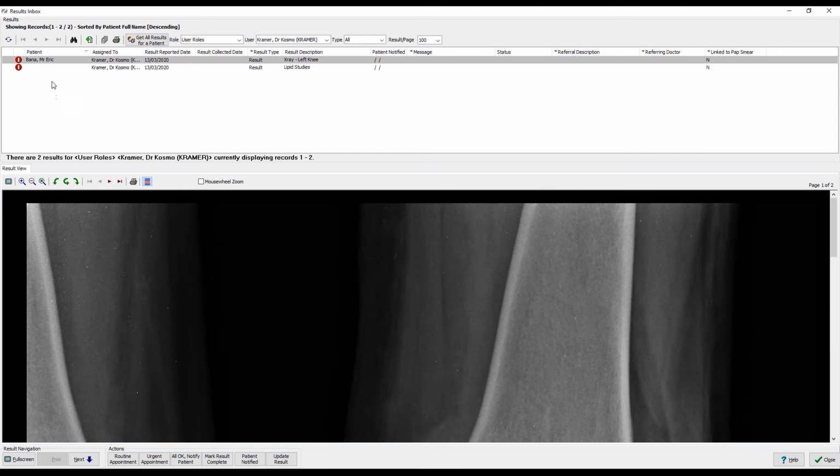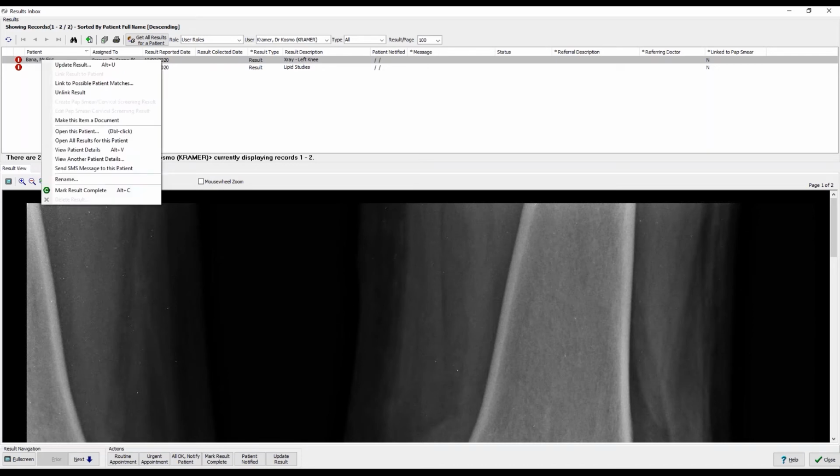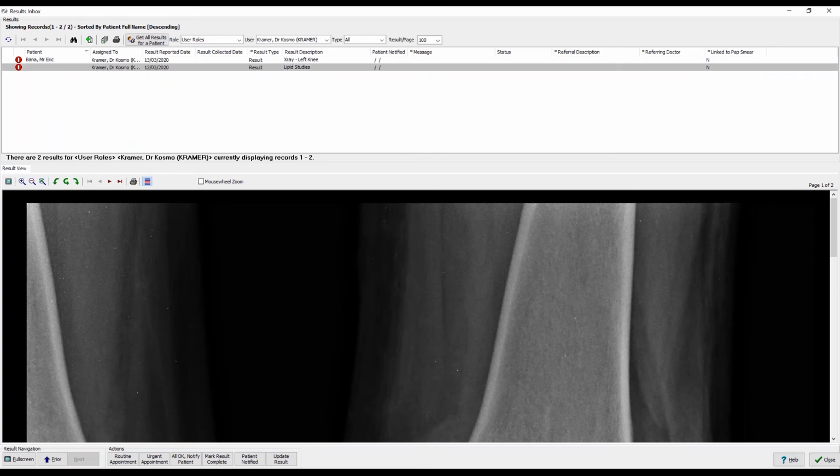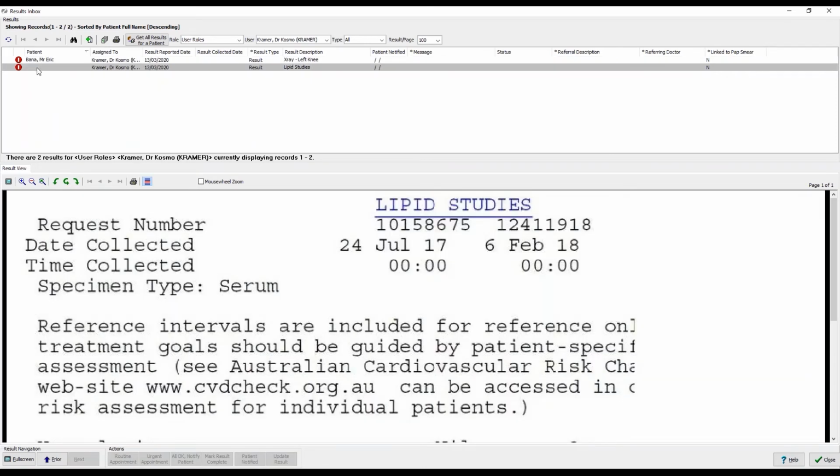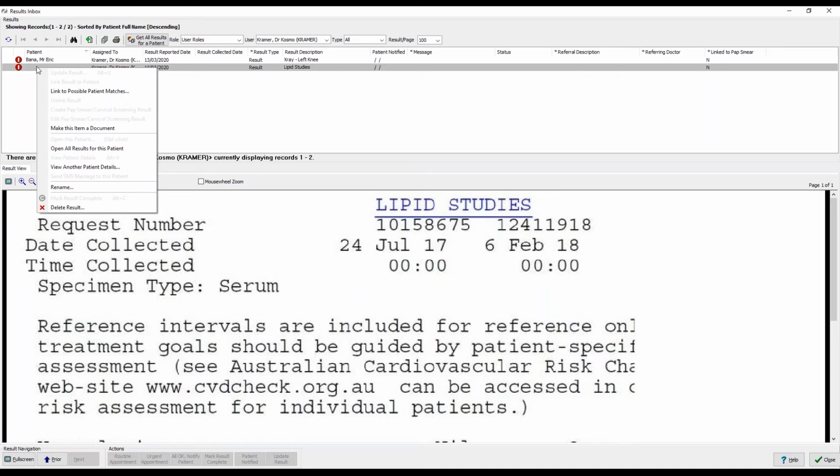If I wanted to unlink a patient or link a patient for that matter, you can see here I've got an unlink result option, and all I need to do is right click on the result to bring up the menu here. Let's have a look at linking a patient to results. I'm going to do my right click again, and it's going to try and do a search or a link for me. So I'm going to say link to possible patient matches,